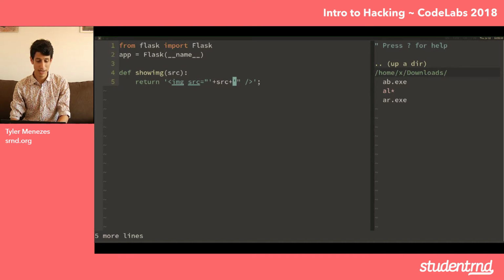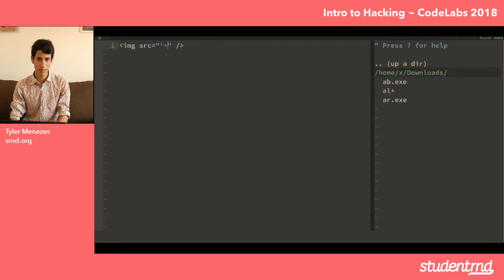Now what happens, again, ideally, we can get rid of everything else. What this is going to do is render something that looks like this, and we're going to get a variable called source. Now what happens if this source variable is set to something like, usually this would be set to something like example.com/test.gif, right? What if instead we set it to something like single quote